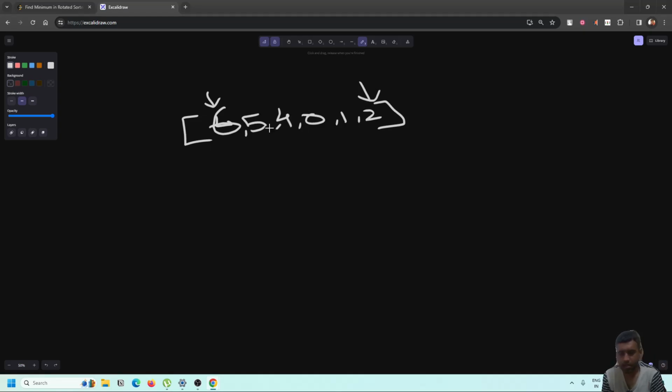But how do we apply binary search? Binary search is done in a sorted array, right? It's not sorted. But yeah, it can be done. Let me show you how. The array is sorted, it's just that it's a bit rotated. Okay, so what happens here is that